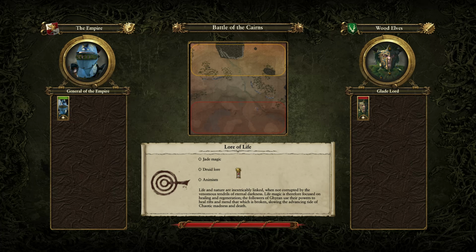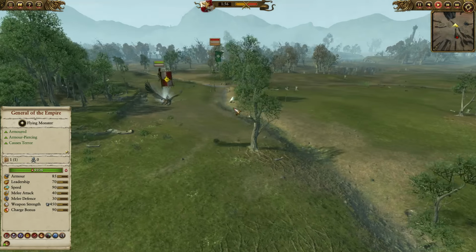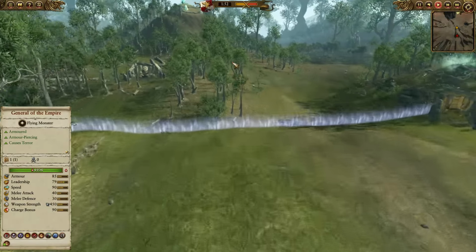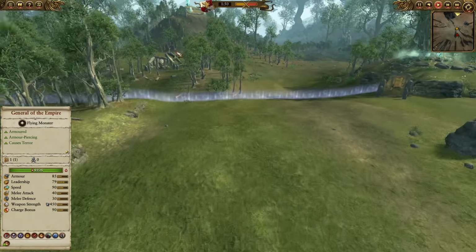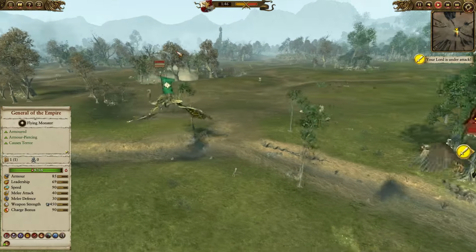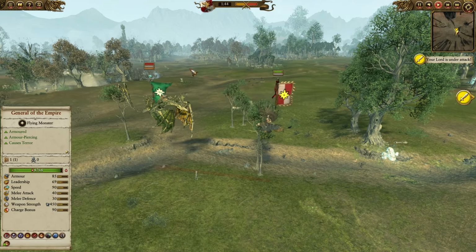This time, this is Battle of Cairns. Also a very cool map, which you've seen already. But you haven't seen the Cairns actually. Here they are. And the Empire